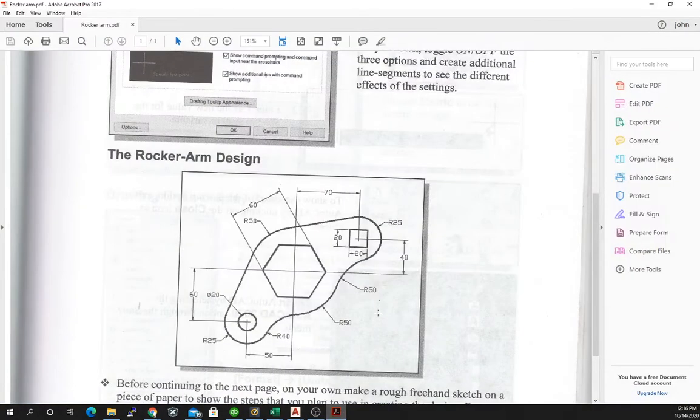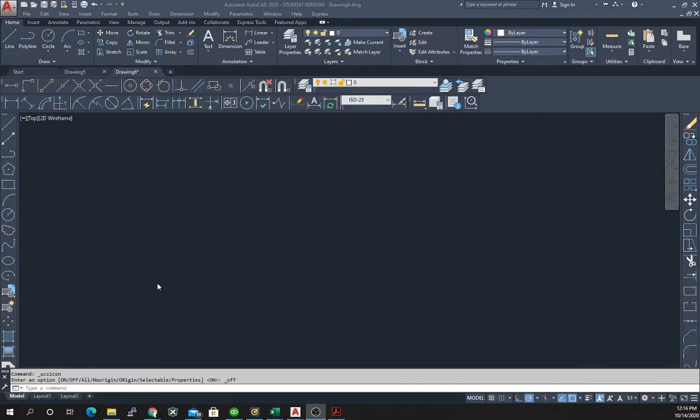We're going to be working on the drawing located on page 27 of your book. This is the rocker arm design drawing. There are a lot of new concepts that this drawing brings into play. So what we're going to do is start by, first of all, making sure that our startup